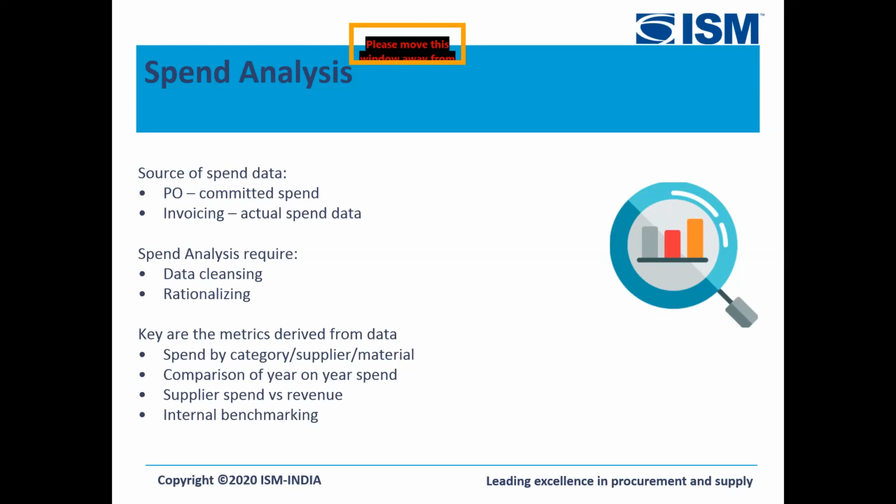So when we talk about spend analysis, we have two sources of data. One is the purchase order data, and the other is the invoicing data. When we think about purchase order data, it is the committed spend, which may or may not have happened, or which may or may not have been paid out. But the invoicing data is the true data that we assume, and it is really good to understand what is the actual outflow of cash. And it also helps to understand